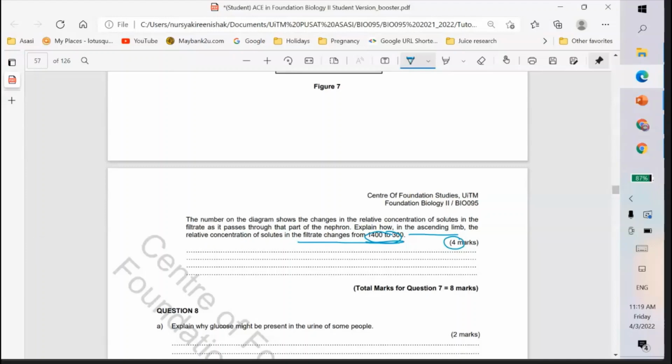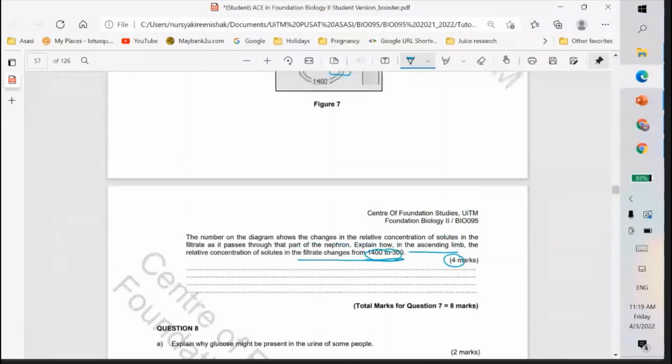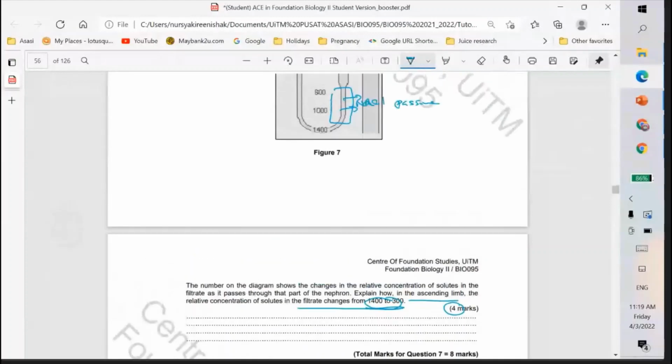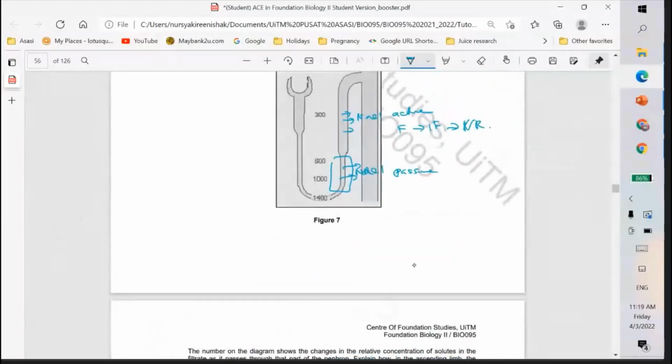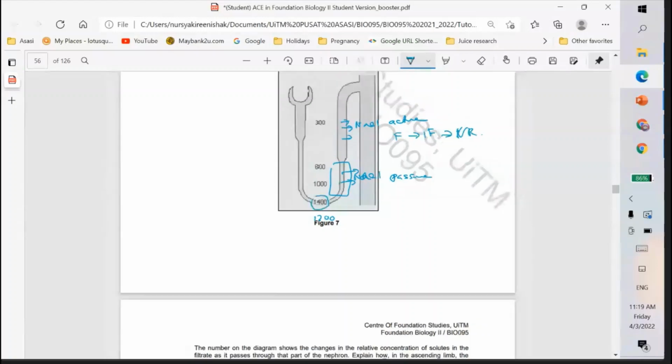In the question, so kita go through semula. Explain how in the ascending limb of loop of Henle, the relative concentration of solute in the filtrate changes from 1400 to 300. Dalam nota awak dia bagi 1200, lebih kurang lah kan. Now, the point is that the filtrate at the elbow of the loop of Henle, it is really concentrated because initially in the descending, there will be reabsorption of water. In the ascending, okay, in the ascending limb of loop of Henle, like what Rashida has mentioned, you have to significantly